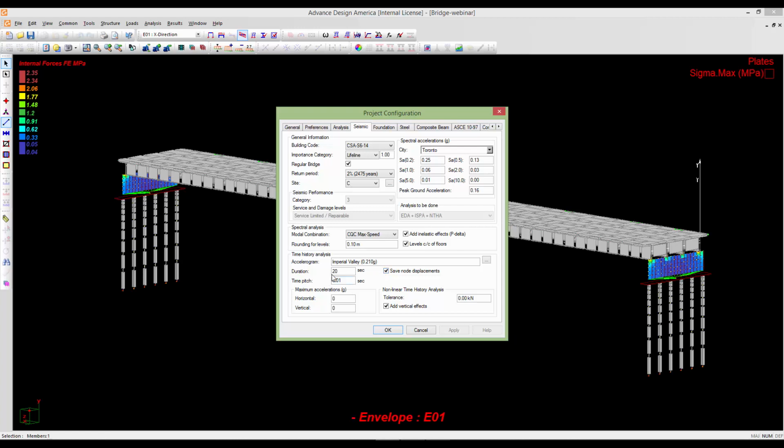This is a time step, so let's leave it at 0.01, and here you can enter the maximum acceleration, so let's put it as 0.2 G, and for the vertical also same. So as you see in this window, I have defined the time history analysis properties for this project. If you click OK,